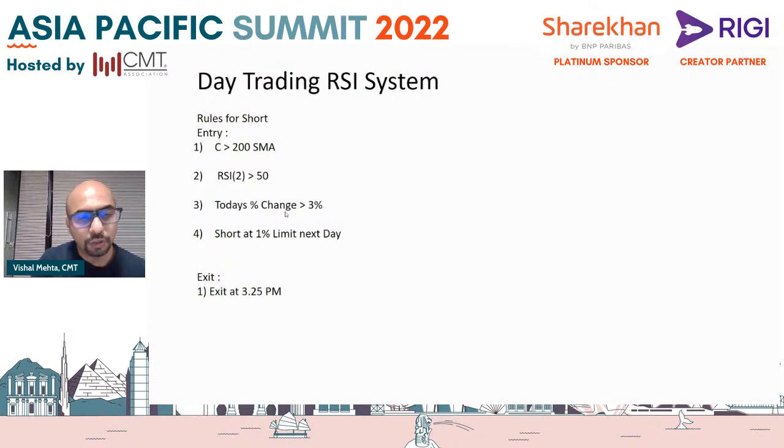Today is Friday, I'm assuming, right? So I would go and check on Thursday what the stock is up. If the stock was up by more than 3%, it comes onto my radar. 3% up, RSI greater than 50 and close greater than the 200 SMA gives me a good indication that this stock is highly overbought. And then what do